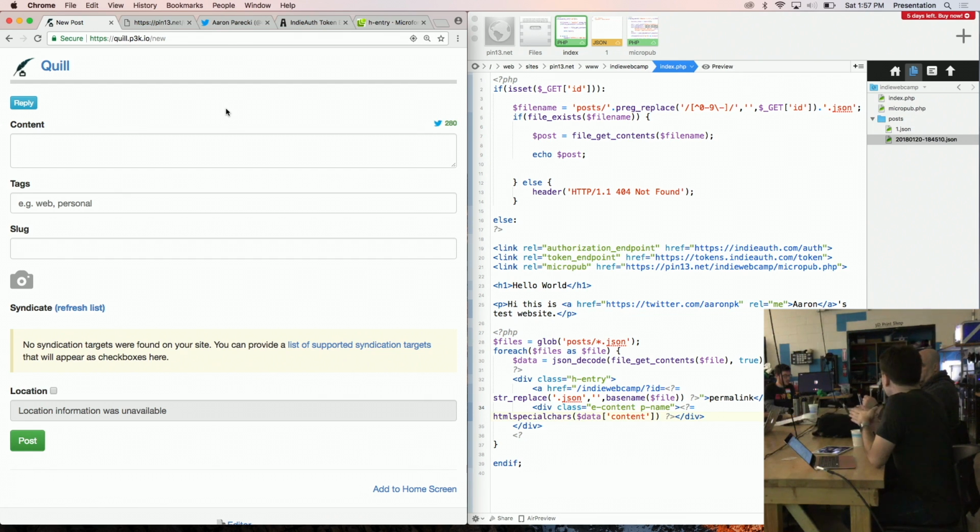So there's this concept called the Media Endpoint, which tells clients, hey, anytime you want to write a binary file, go send it over here first, and I'll create a URL for it that you can reference in a post. So,